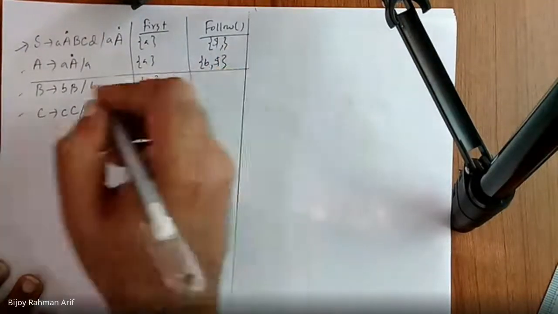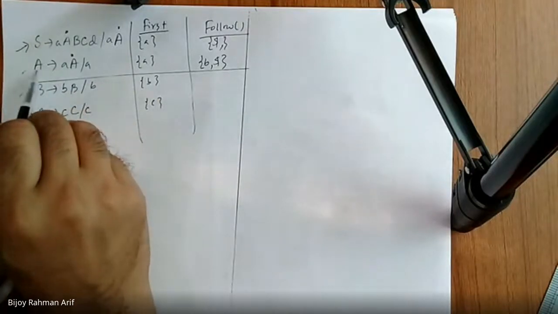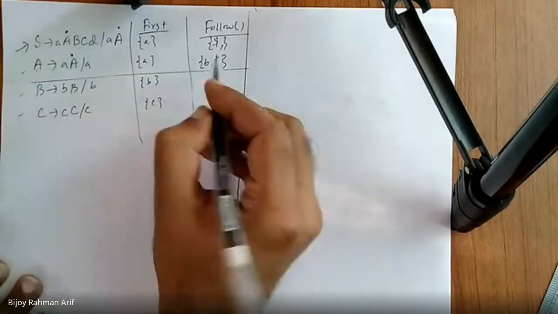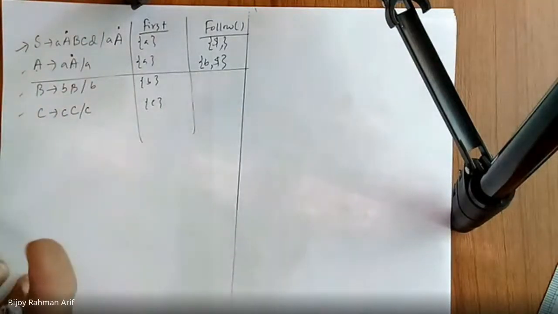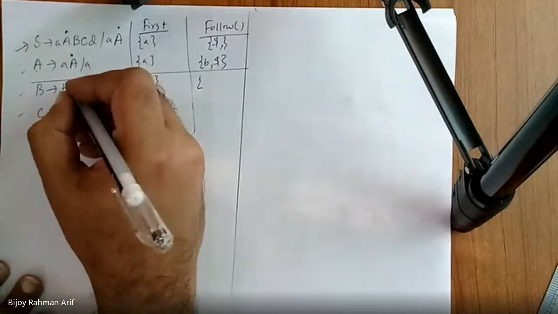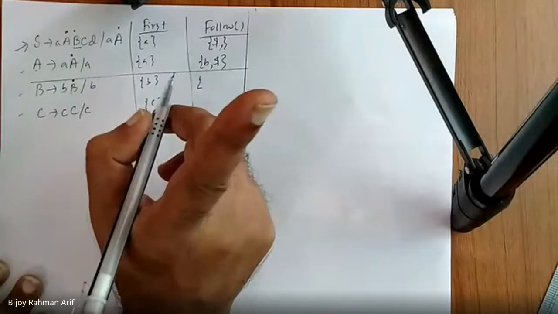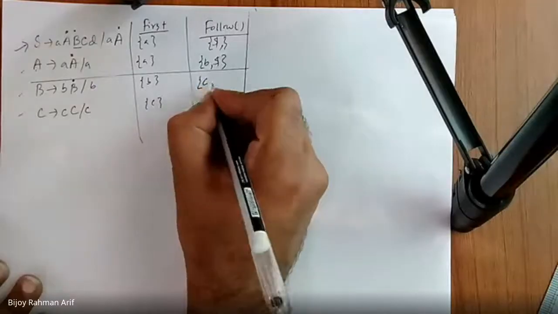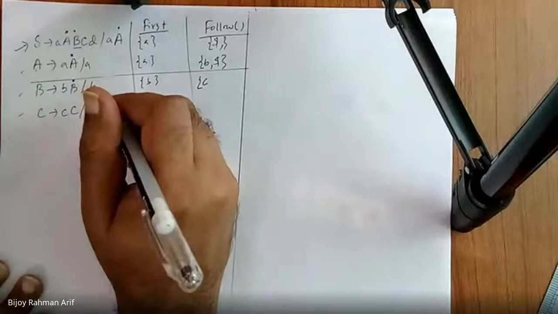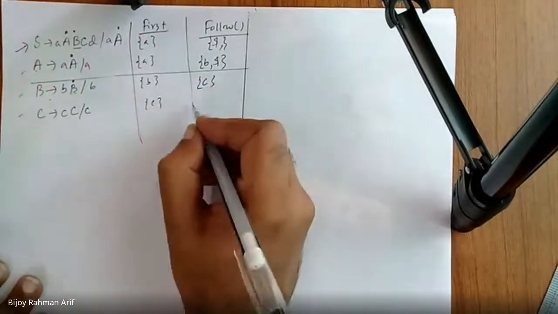So we are done. Now let's go to here. Follow of A is nothing but follow of A, and we already know follow of A is B and dollar. So we are done. Now go to here. Follow of B, B is appearing here, here, anywhere else? No, sir. For this one, rule number 2. The follow of B is nothing but first of C. First of C is nothing but C. So we are done with this production. Let's go over here. Follow of B is nothing but follow of B. So no more change.